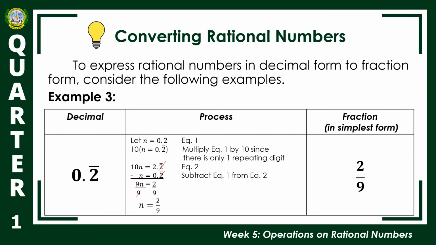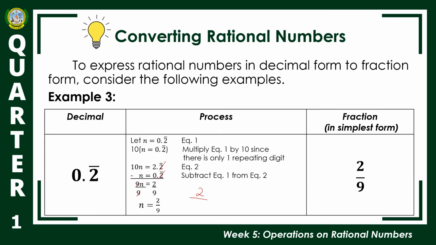So, kung gusto nyo i-check kung tama, i-divide nyo ulit. 2 divided by 9. So, makukuha nyo ay 0.2222 and so on. Okay? So, ang technique siguro na maibibigay ko sa inyo, shortcut, is kokopyahin nyo lang yung digits after the decimal point. So, wala naman pong ibang digit before the repeating digit. So, kokopyahin nyo na lang po yung 2. And then, so, ito yung shortcut ha. So, it's up to you kung ano yung gagawin nyo. Kung si long method or si shortcut. So, 2, kokopyahin nyo si repeating digit, 2,